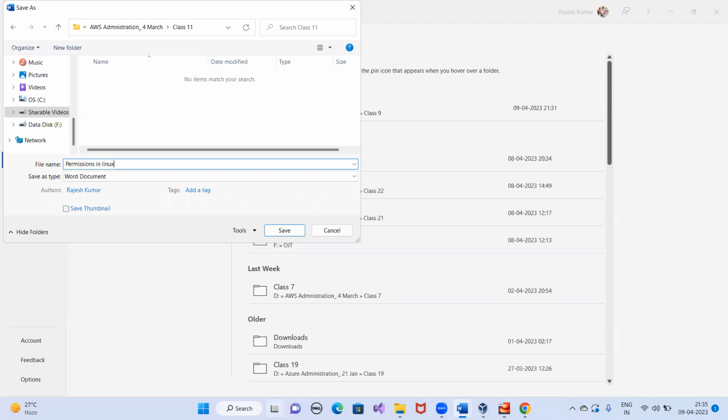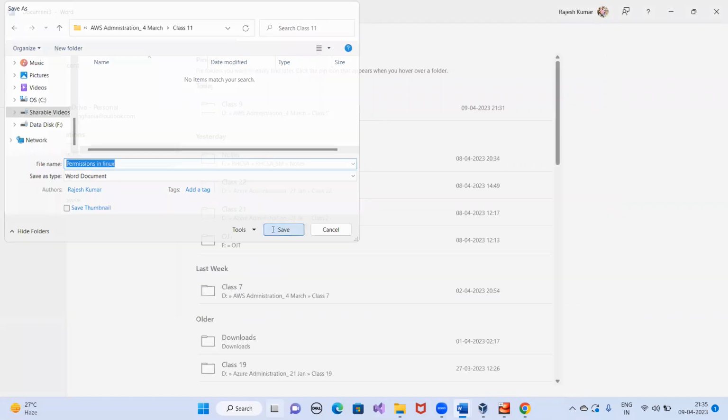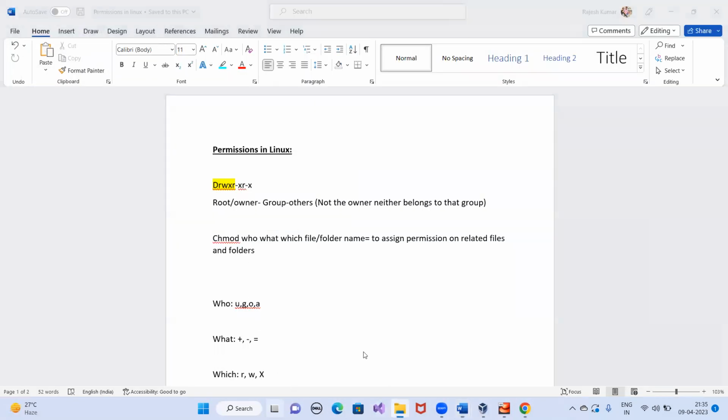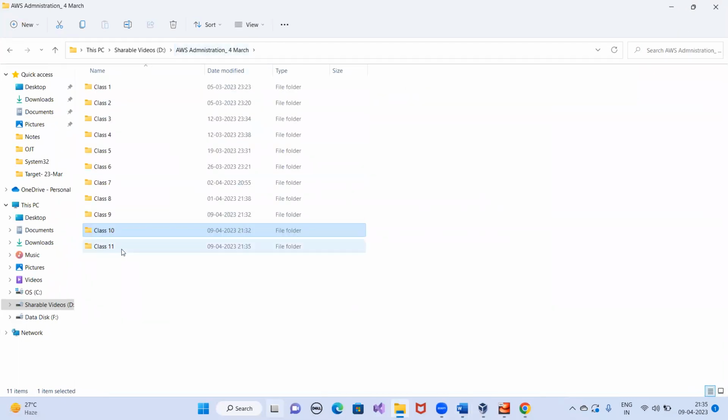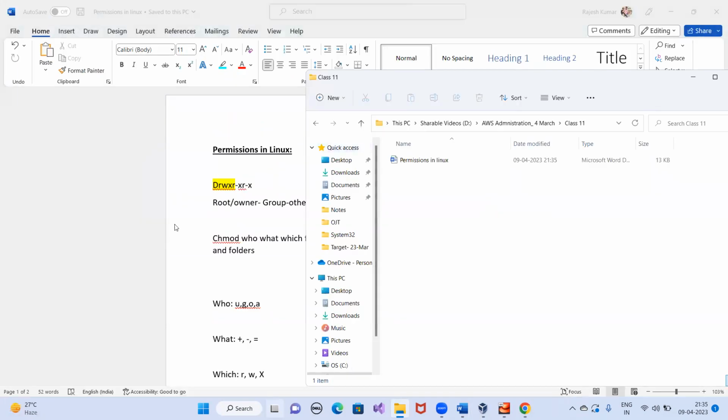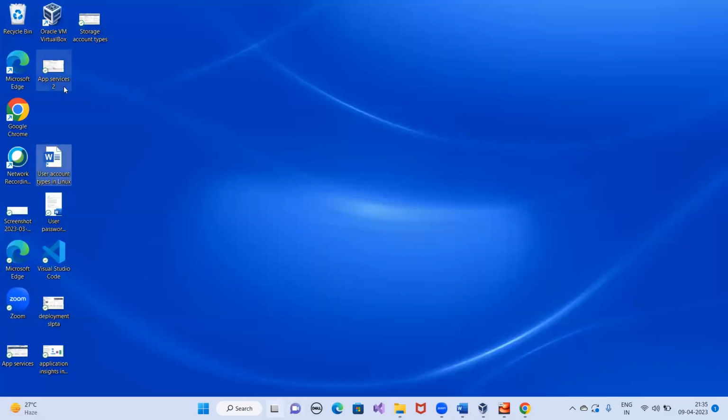in Linux. Permission in Linux, password policy in Linux. So in class 11, this is the document. Permission, where I have saved that.